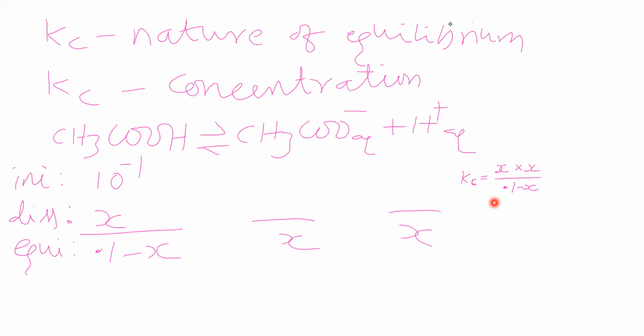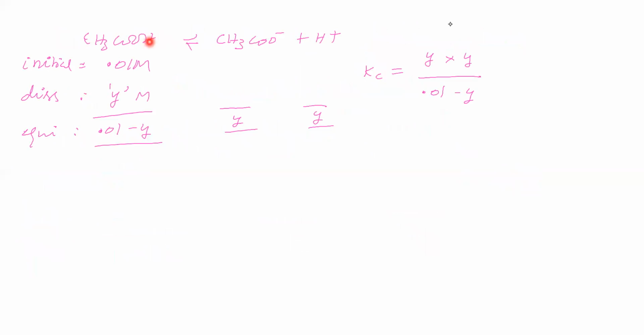Now shall we say here equilibrium constant of acetic acid, here equilibrium constant of acetic acid, different? What do you say? Shall we say the equilibrium constant of acetic acid in these two cases is different, or shall we say same? Let us see the experimental result. Whether equilibrium constant is different or same, that we will check experimentally.